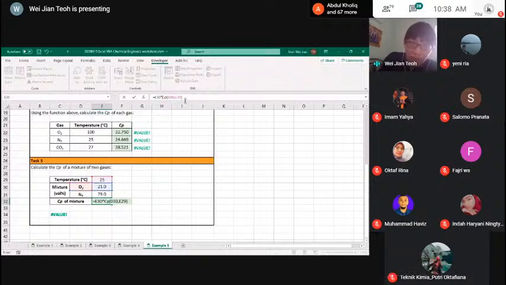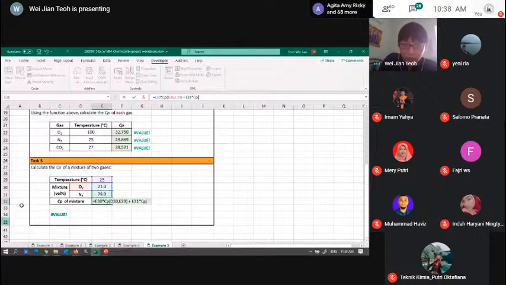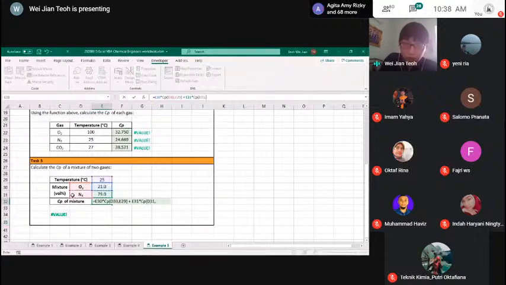So I can just multiply like that. I can treat this part like any other normal standard Excel function. Then I can add this multiplied by CP and temperature. And then the whole thing I divide by 100. So I can now calculate the CP for a simple mixture of gases.